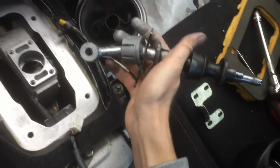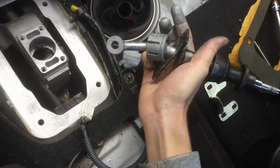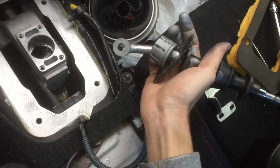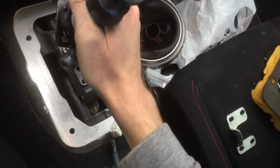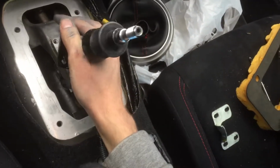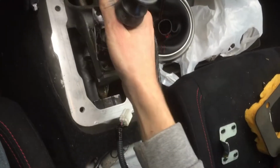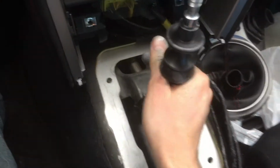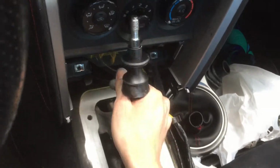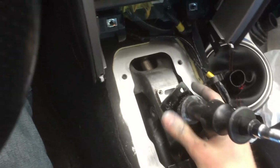Like, see how I have it? That bend, the kneecap of the bend is right here. So you want that facing the front of the car. Otherwise, you'll have some awkward shifting, and if you have it the other way, you'll kind of be smacking into your stuff right here. I don't know if you could see that, but that's kind of how you would be shifting. So just turn that around, and then once you got that,